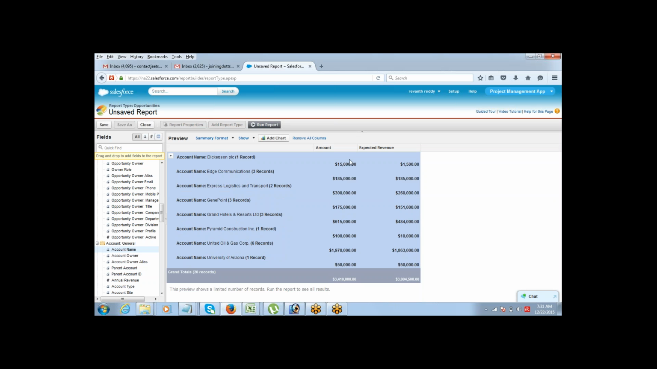Which account, what is the total worth of amount, what is the total worth of expected revenue, account wise, how many opportunities. So this is a summary, this is not a tabular report. The tabular report is a detailed report. So when a company wants to see a detailed report, each and every individual record, then use a tabular report. If your client is interested in looking into a quick summary,